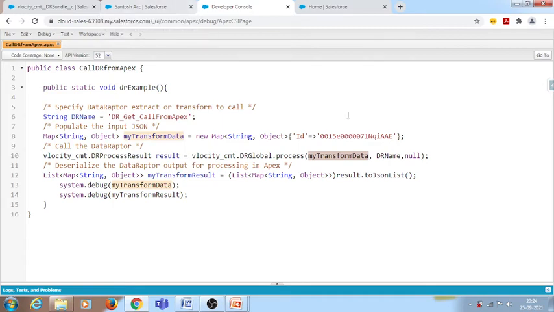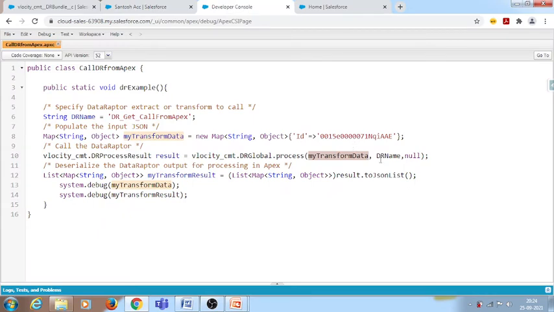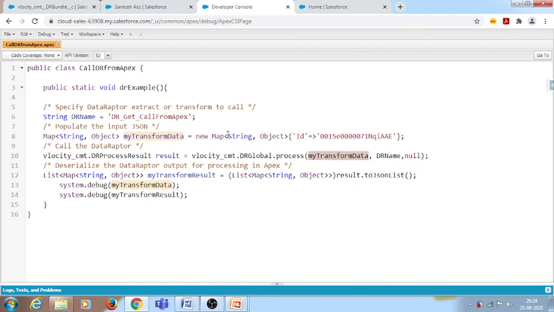this particular account. If you observe, the ending AAE is an id, AAE and 001. So this indicates the account object, and I'm passing this ID to the map. Here we have only one filter value, ID. Suppose we have 2 to 3 filter values in the data wrapper, so definitely we need to go with a list of maps. We need to create 2 to 3 filter names, and also we need to create a map, and we need to add that map to the list, and we need to pass the list to here.